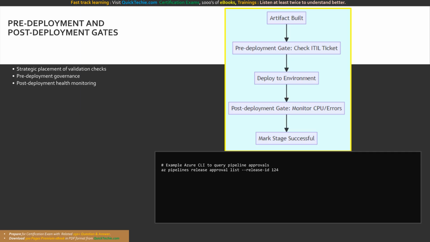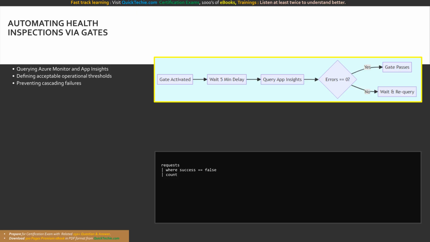A profound use case for release gates is the capability to automate the inspection of health telemetry. Manual health checks are notoriously slow and prone to oversight. By integrating Azure Pipelines directly with Azure Monitor or Application Insights, teams can configure gates that execute highly specific Kusto Query Language (KQL) queries against live application logs. When configuring the gate, you explicitly define the acceptable operational thresholds. For instance, mandating that the average API response time must remain below 200 milliseconds, or that active security exceptions must